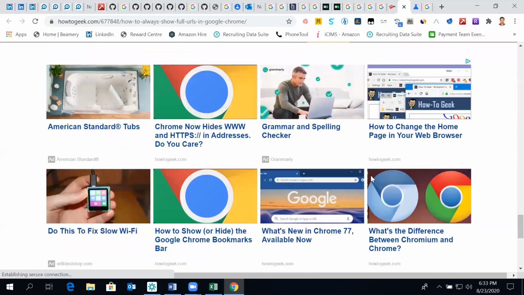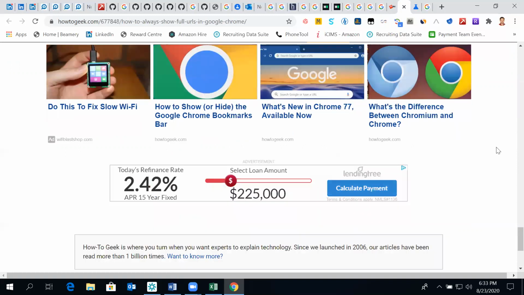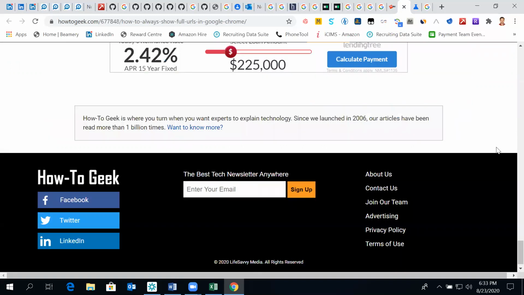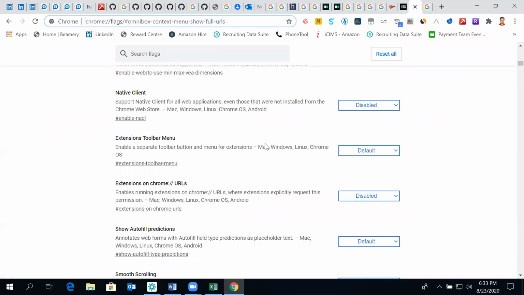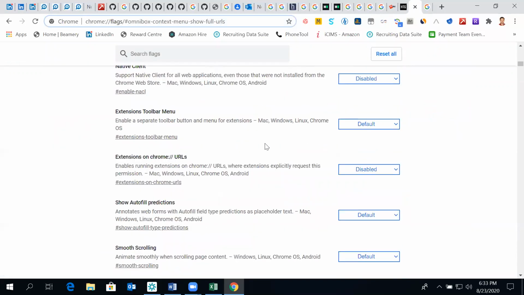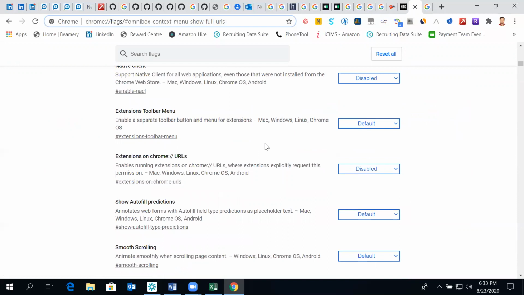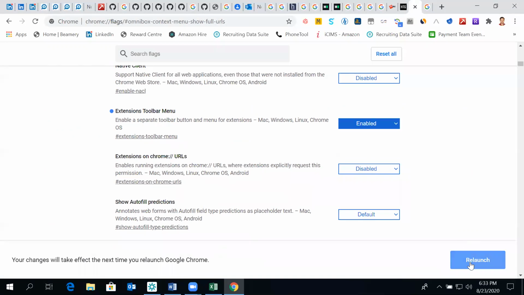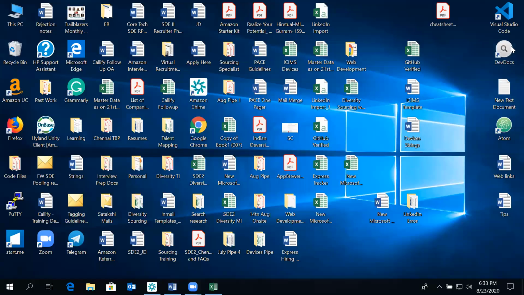Otherwise, maybe a direct search within HackerEarth, HackerRank will not give us enough results. So even this toolbar menu also, let me just check.